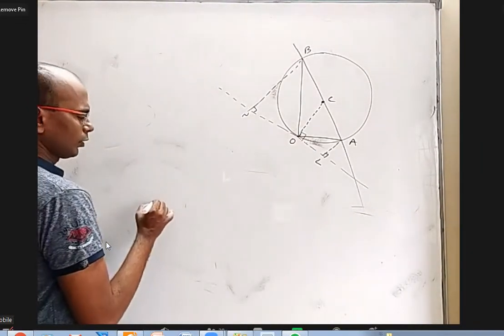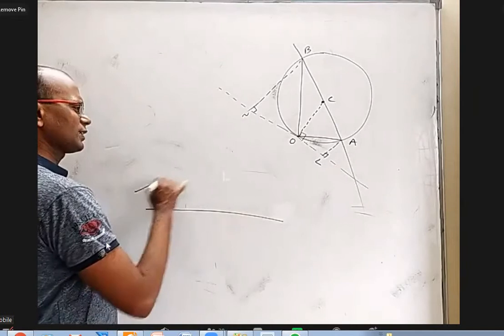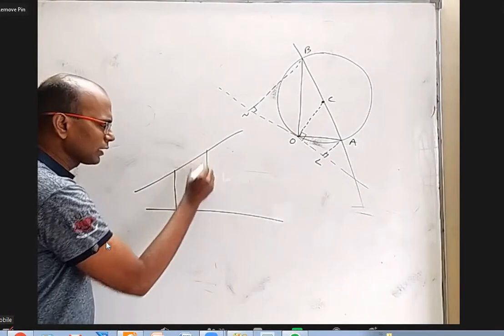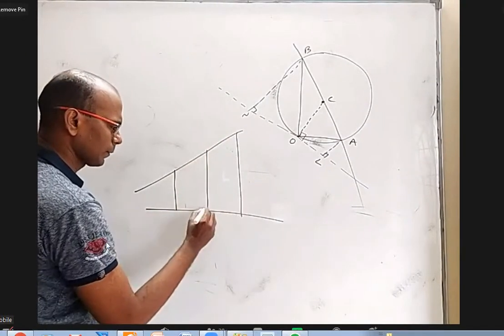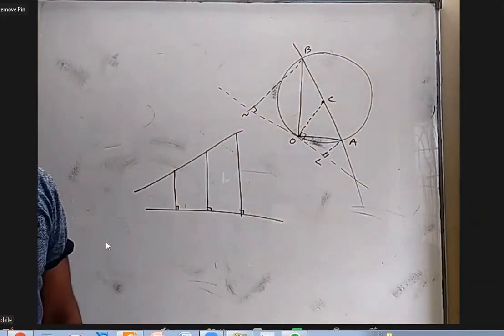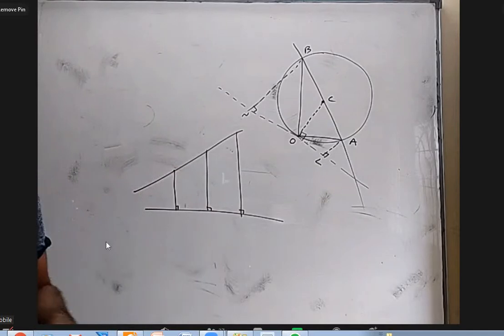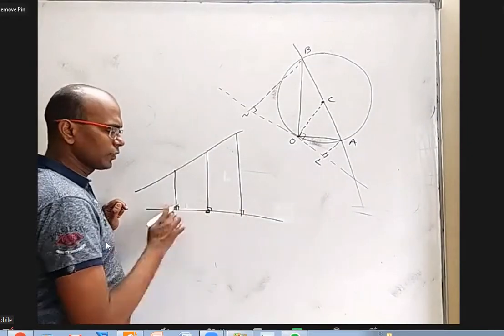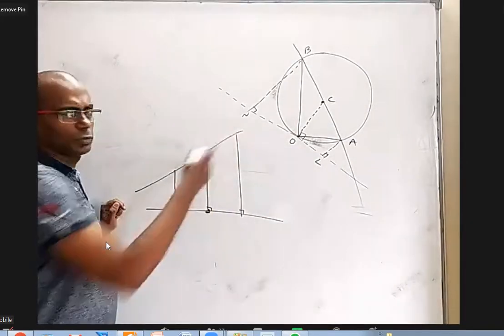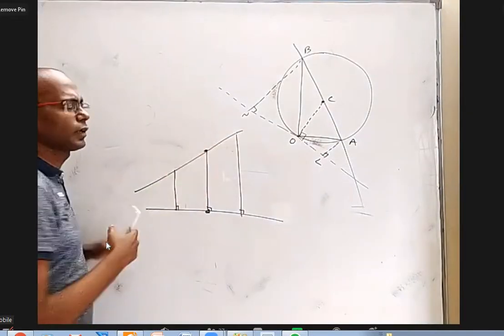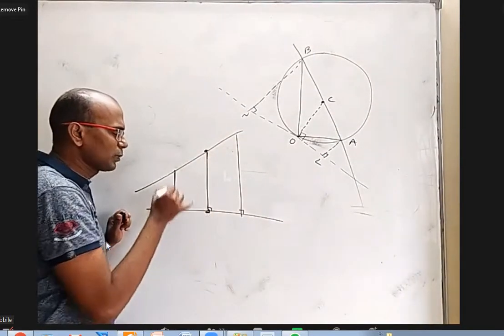Let us say I have one transversal like this, and another transversal like this. Two lines are there. I will draw three lines like this. All these angles are 90. Maybe they are not 90 also, it is still correct, as there are three parallel lines, that's good enough, but 90 is easier for you. If this one is the midpoint of these two, then this one is also the midpoint of these two, based on the transversal rule. Am I correct? Yes, sir. Now if this is the midpoint of these two, and this one is the midpoint of these two, I can say this one has to be the average of these two.